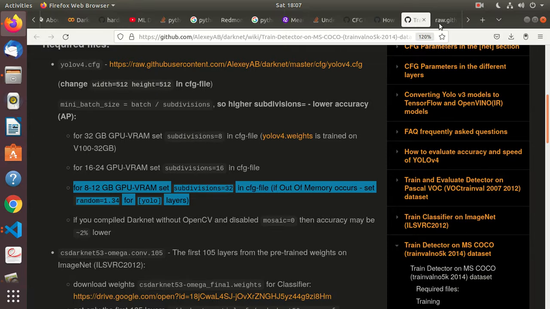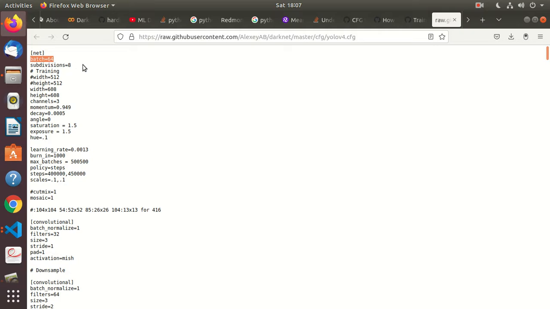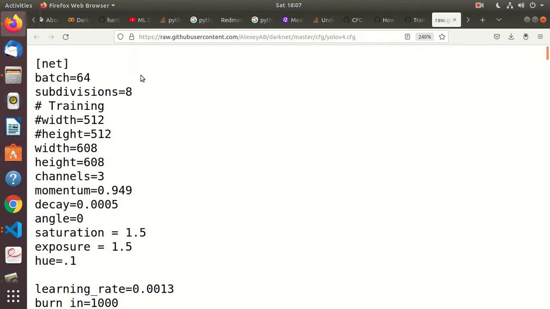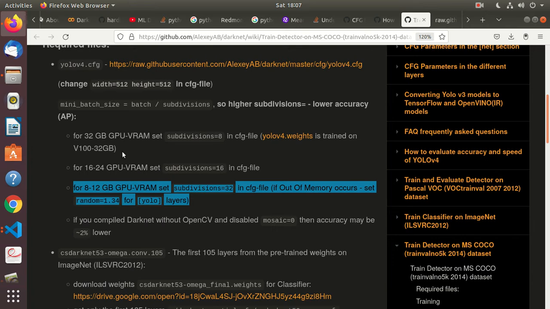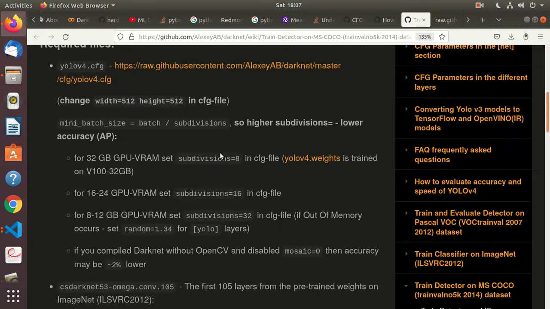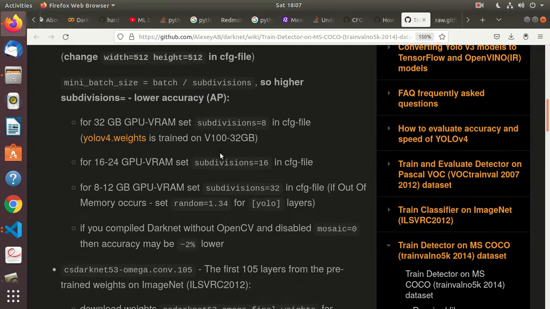So what is the batch size? The batch size would be 64, right? So where the batch size is 64, over here in this yolov4.cfg, he said to go ahead and set subdivisions as 8 for 32 GB RAM, and subdivisions as 16 and 32 for anything between 8 to 12